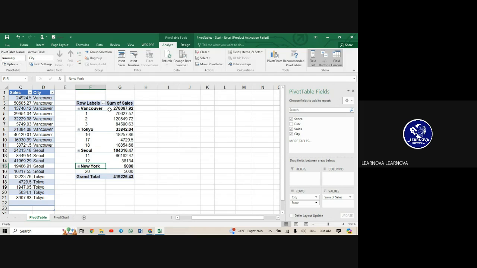So that's it basically. We just want to exploit all these filters that you can use. Next is insert slicer and timeline. We are going to do that later. It's more in the advanced data. Now next is